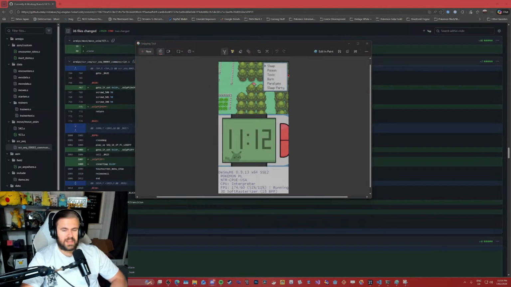The idea is that you hit a button, let's say it's L. Imagine you've got your Game Boy Advance out, with A, B, start, select, the right trigger on the top and the left trigger. He'd press the left trigger and a menu pops up. Normally you'd press select or start, I think, and your normal menu would pop up. He presses the L button and this menu pops up, and he can press sleep, poison, toxic, burn, or paralysis.